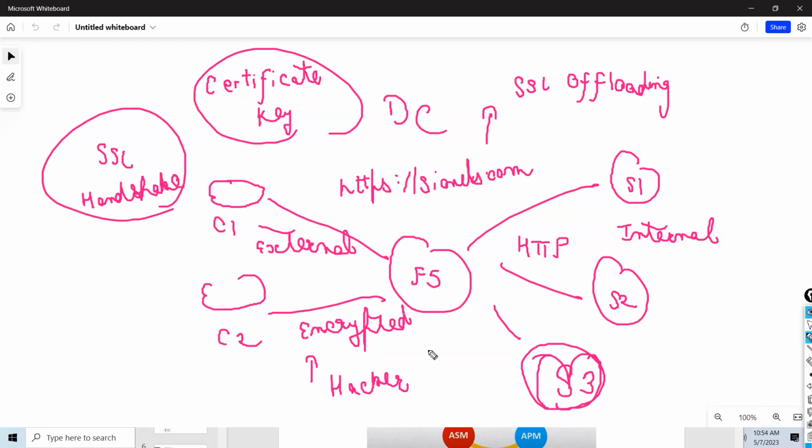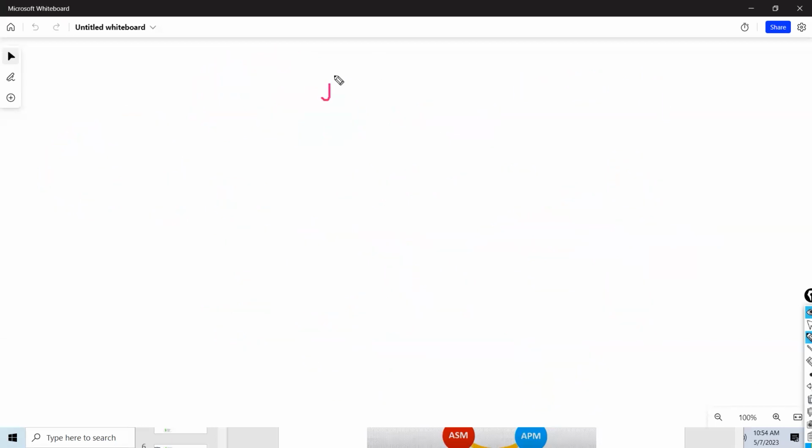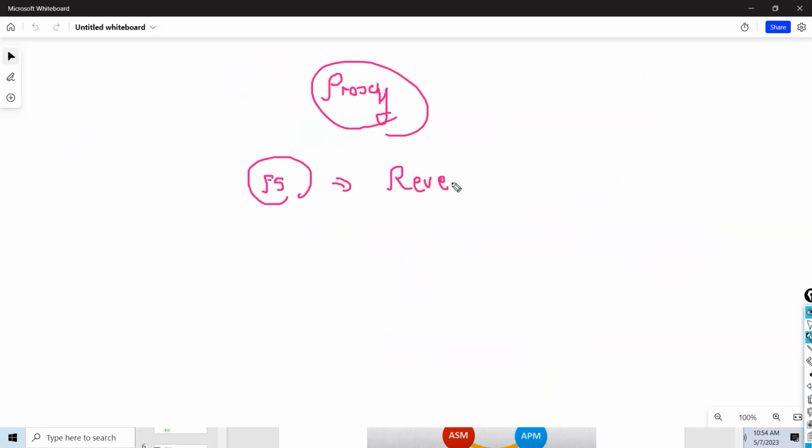Now, guys, another term we talked about: proxy. The F5 load balancer is called a reverse proxy, guys. Many people will ask in interviews, what is the difference between reverse proxy versus forward proxy?